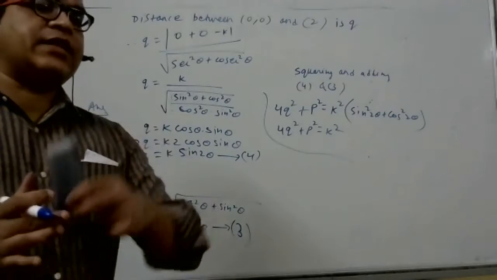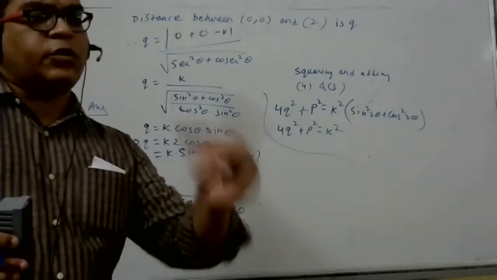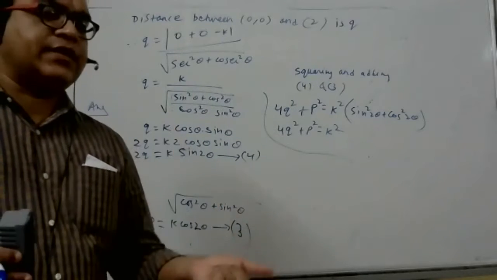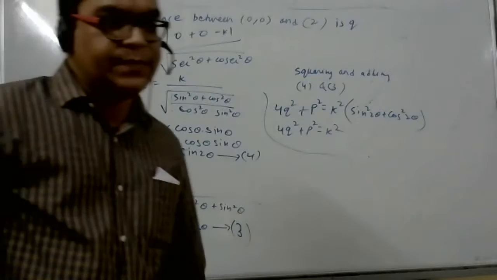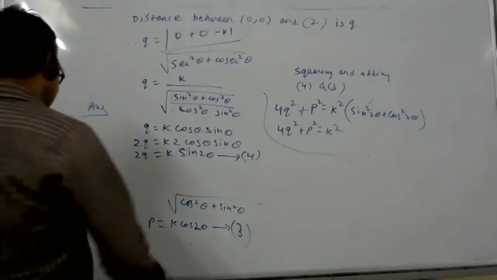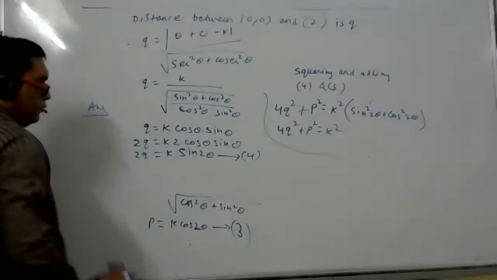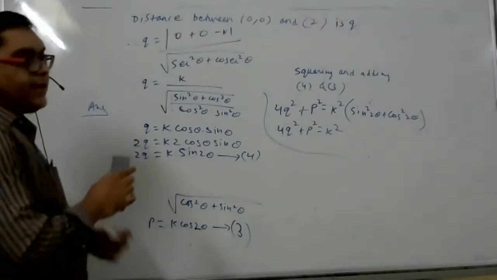Only find the distance from the origin to the lines. Stick to the basics of how to find distance. If you want to find distance, use the formula ax1 plus by1 plus c by square root of a square plus b square. It is as easy as that. Yes, sir. One minute, I'll just finish the solution. All of you have to understand this.